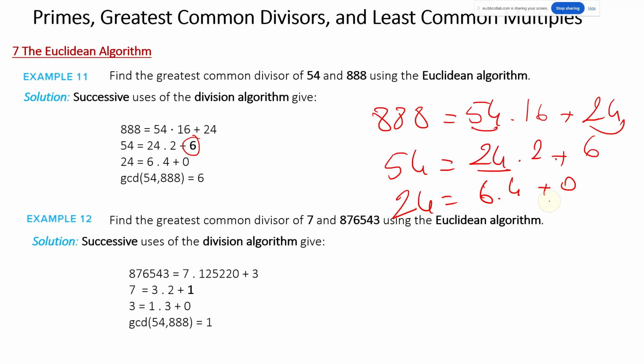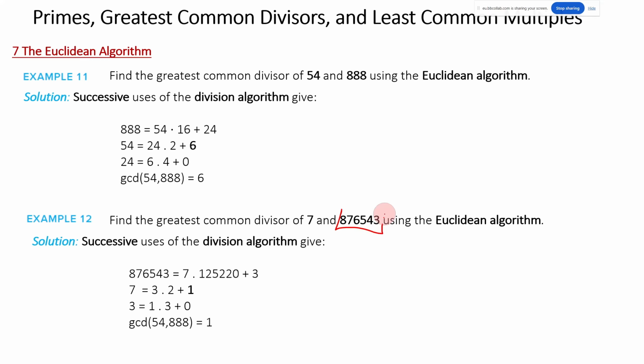Now that I have the remainder 0, I'm going to stop and just go back to take the previous remainder and say, oh, now the greatest common divisor between these two numbers is going to be this 6 here. So it's kind of like a formula to be able to find it, kind of straightforward. But of course you have to not get confused, especially if you're doing, for example, this type of big